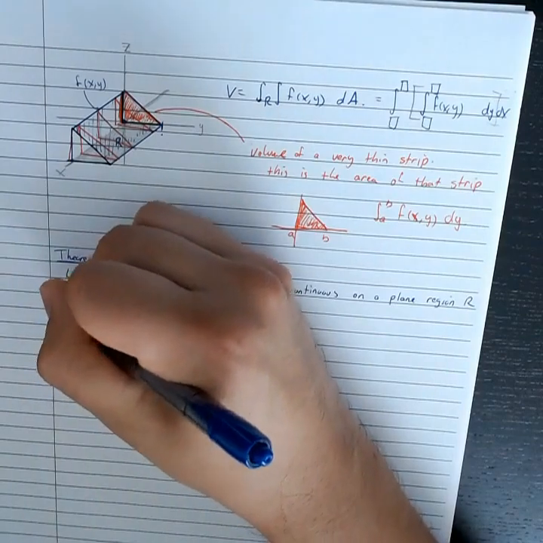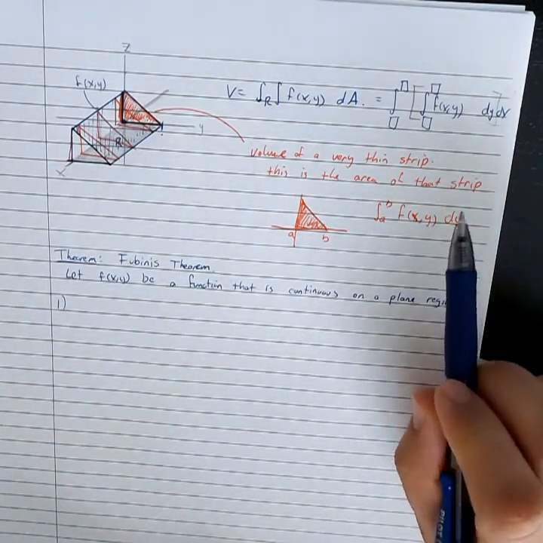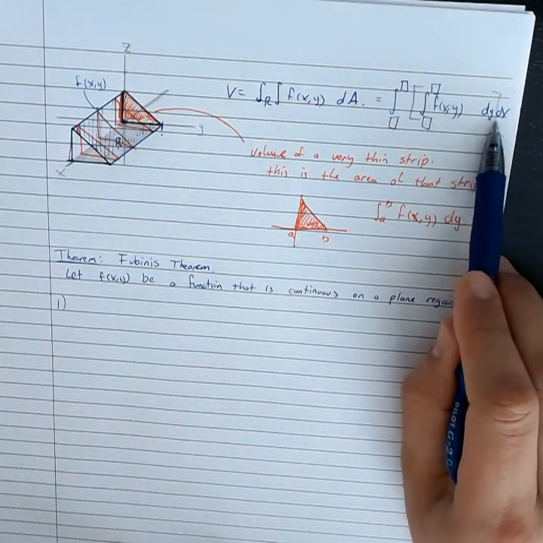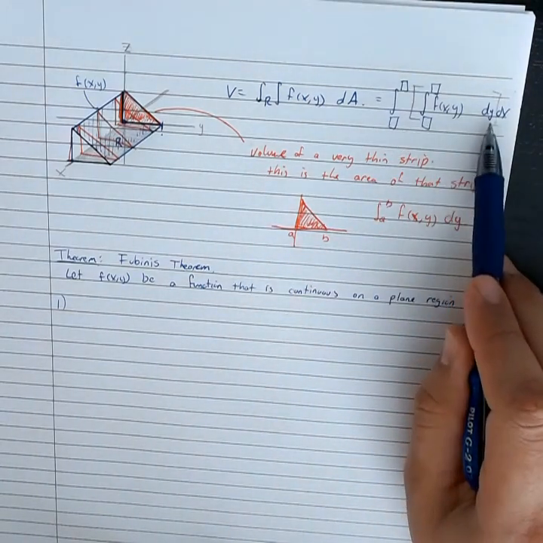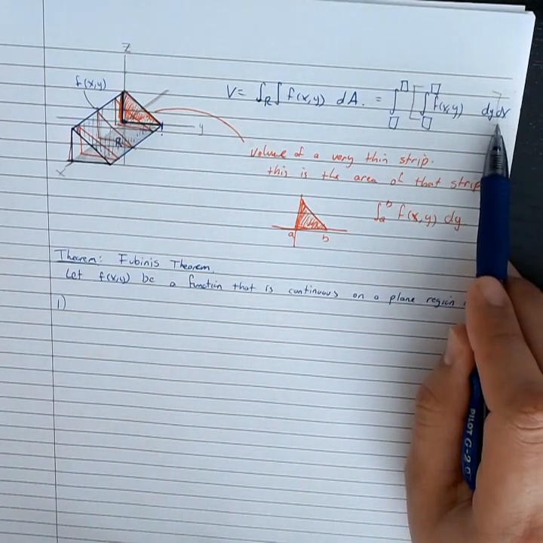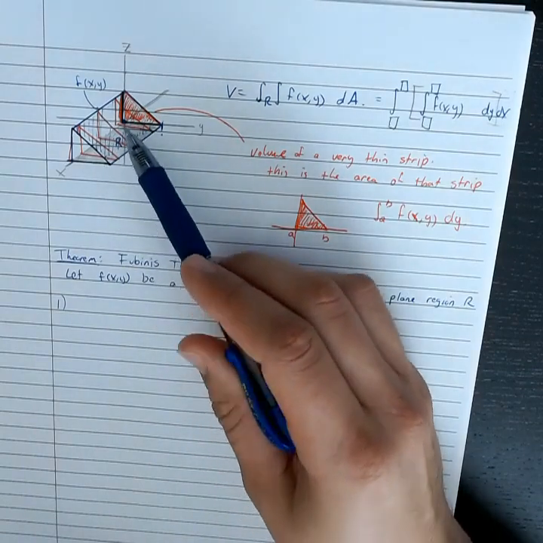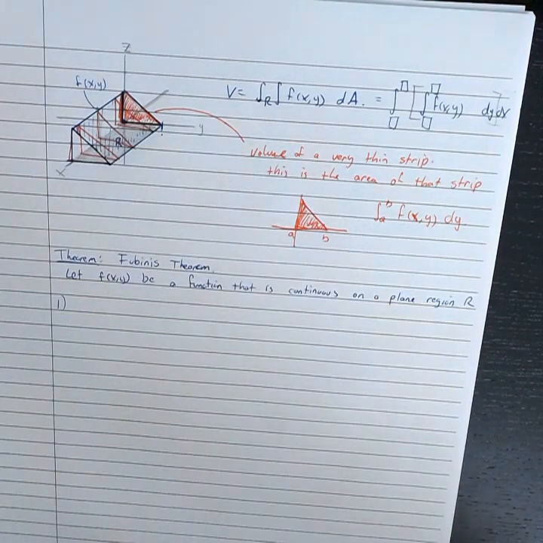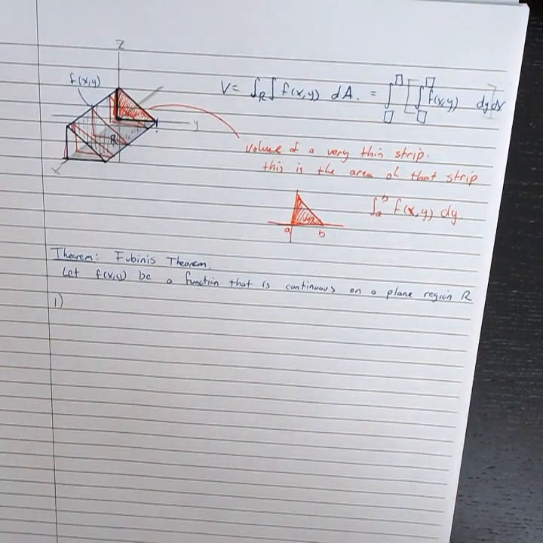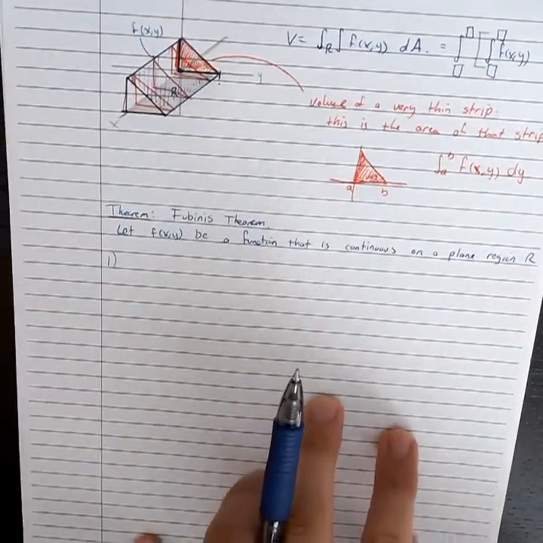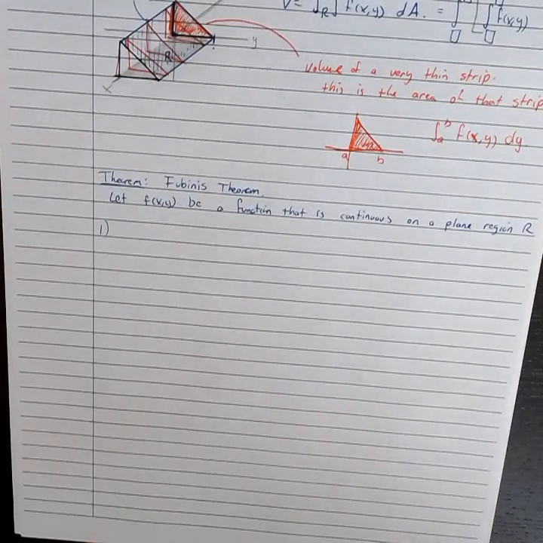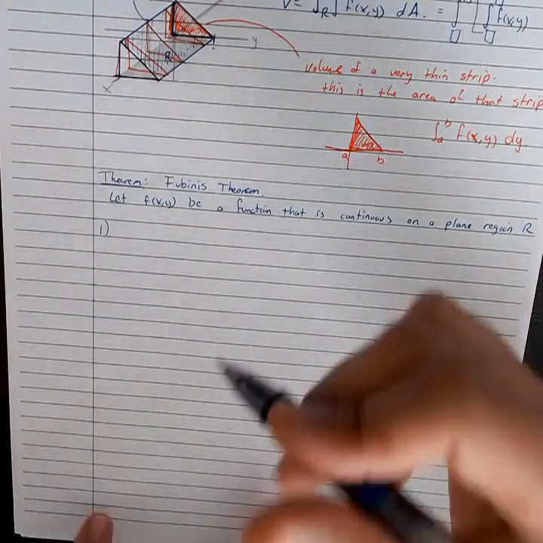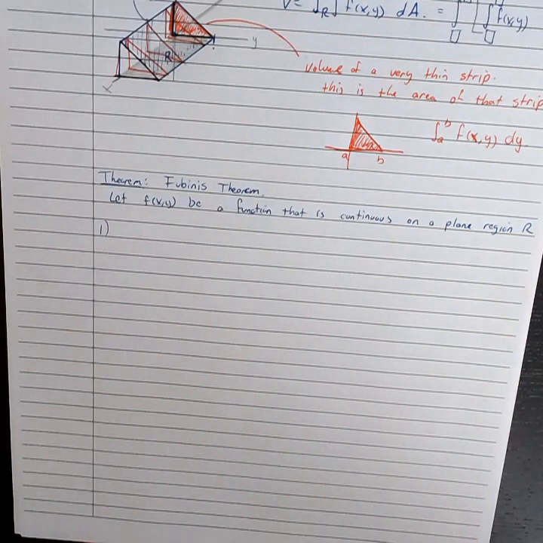So this is stated in two different parts. Remember I said here, from my illustration, I started with y and then with respect to x. But of course, I could have done the illustration the other way. I could have started by taking strips with respect to x first and then with respect to y. So Fubini's theorem shows us that both ways are perfectly valid, and in fact, both give you the exact same answer. So this says, if R is defined